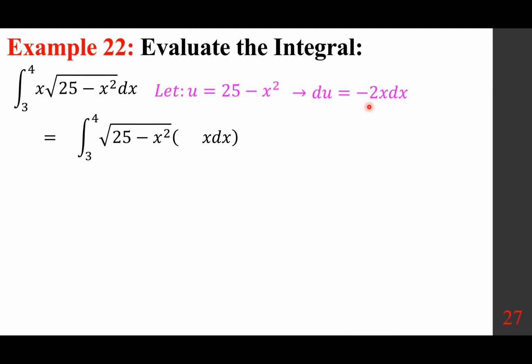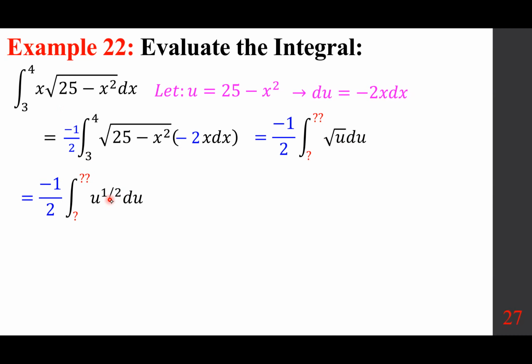And because negative 2 is a number missing, I just throw in negative 2 and I undo it with its reciprocal. You can do that with numbers. It goes a lot faster this way. And so you're dealing with the following. And notice I'm not going to put the limits yet for u because the original limits pertain to the original variable x. I changed the square root of u to u to the power of 1/2,